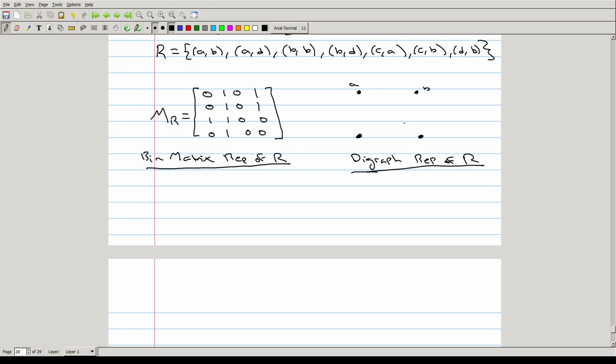This is a, b, c, and d, and we have an edge going from a to b, an edge going from a to d, a directed edge going from c to b, from c to a, one going from d to b, one going from b to d, and then lastly one loop